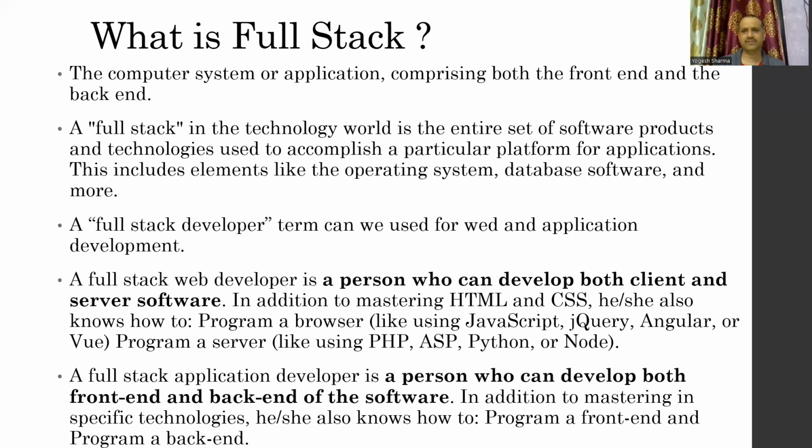Suppose I'm saying a specific technology like Java. Java is one of the technologies that we are going to work with. So if a person is developing an application using the Java platform, he should know